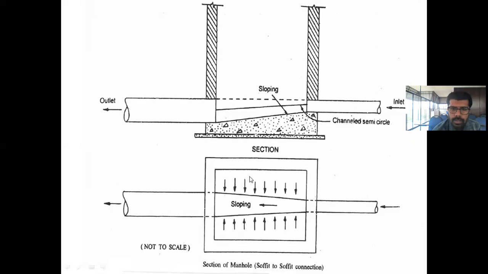Okay, so this is the manhole section. When you are seeing from the side, it looks like this. And below this also there should be some space. That also I will show you. And this is the top view. If you are looking from the top, you can see like this. So coming to different shapes, let me see.